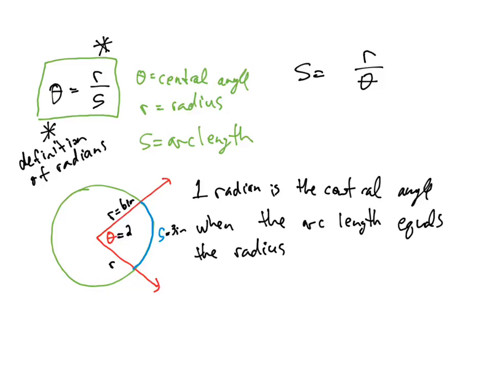So kind of in general, there's not really a proof here to show that theta is equal to R over S. We just get to this fact by definition, and the definition is saying 1 radian is equal to the central angle, or occurs when we have a central angle equal to,